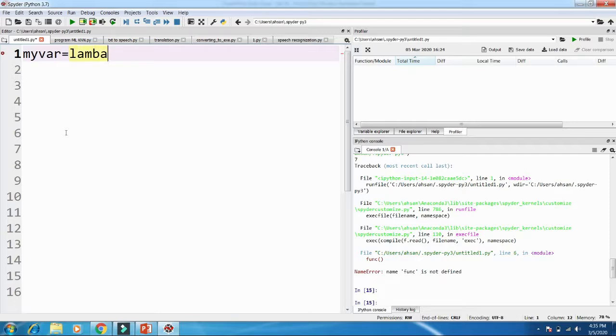So now here I use lambda a comma b, now colon, a multiplied by b, and now plus 2. So now print the variable